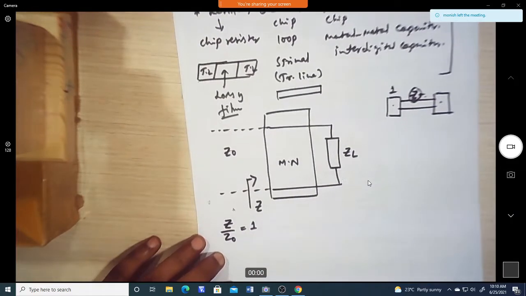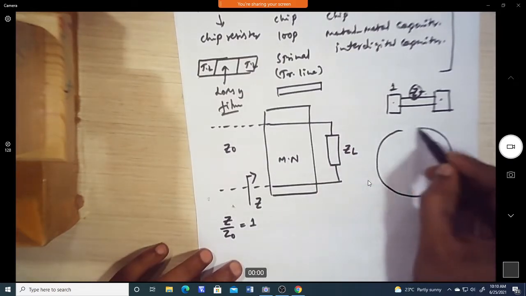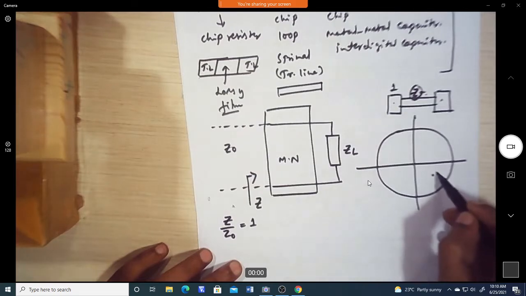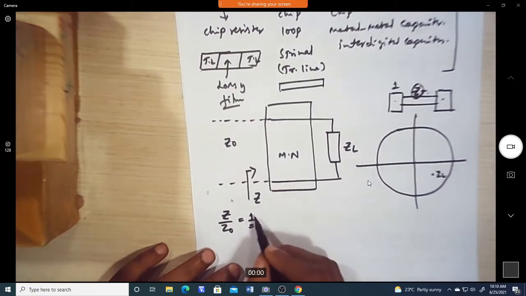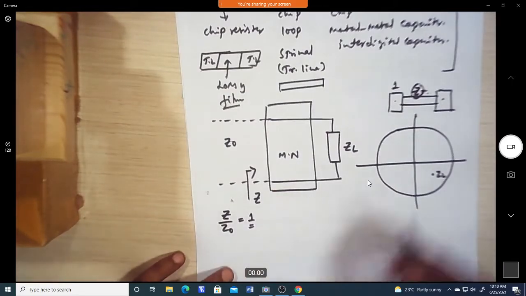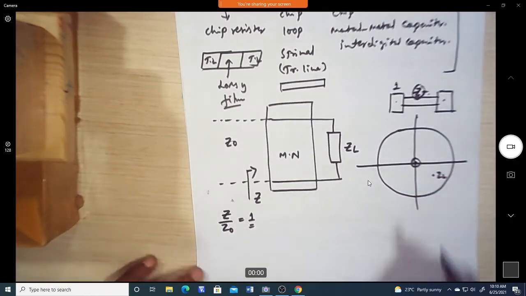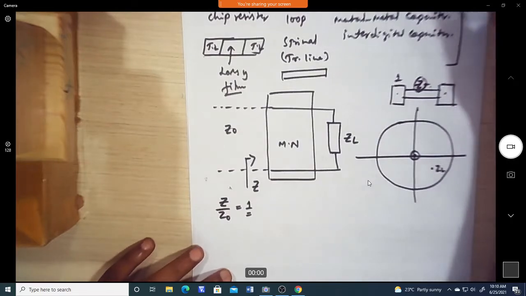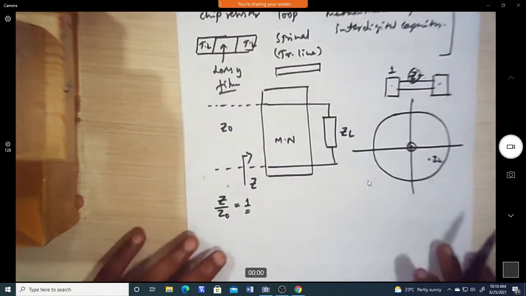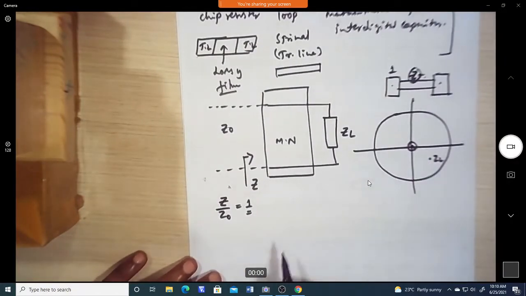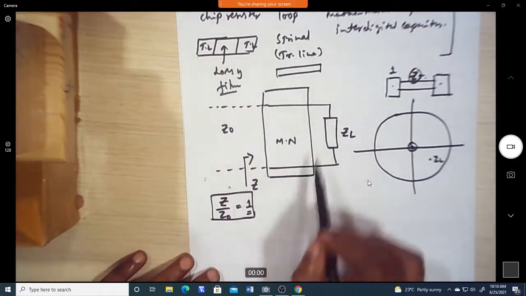it will always be 1. So whenever we have the Smith chart, wherever the location of ZL is, at any point of the Smith chart, finally we have to arrive at the normalized value 1 in order to get the matching. That is, at the center of the Smith chart you have to arrive. So wherever you are, use the method, lumped element or distributed element. Any matching type you can take, whether lumped or distributed, finally you need to arrive at the center of the Smith chart. That is nothing but getting the matching, or you are done with the matching network.